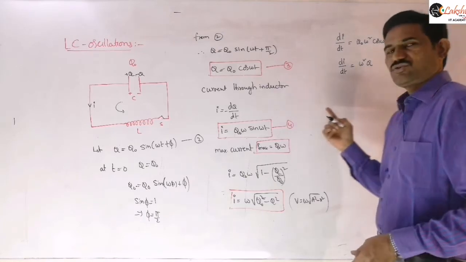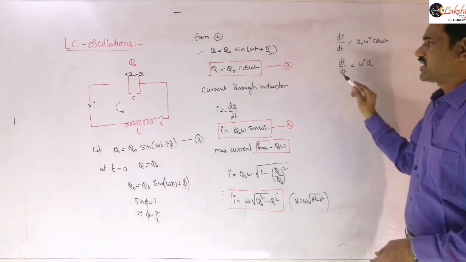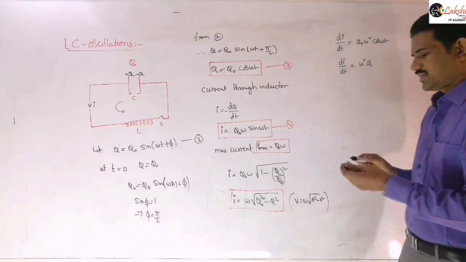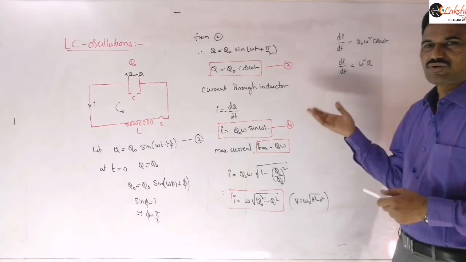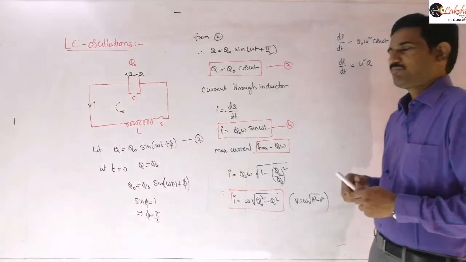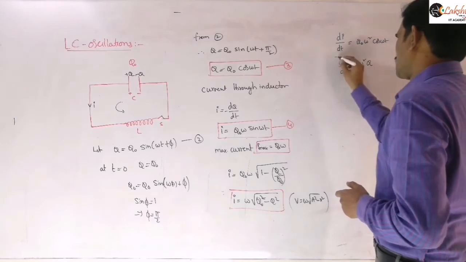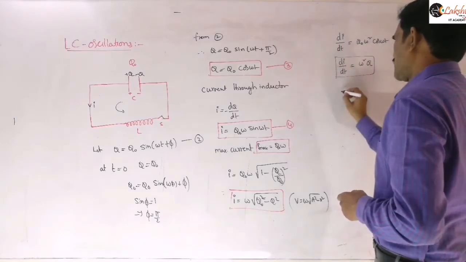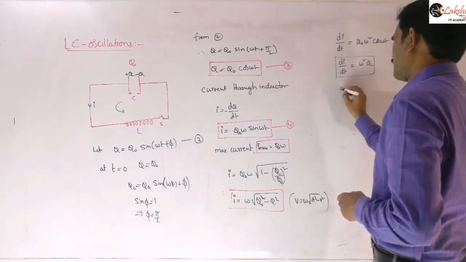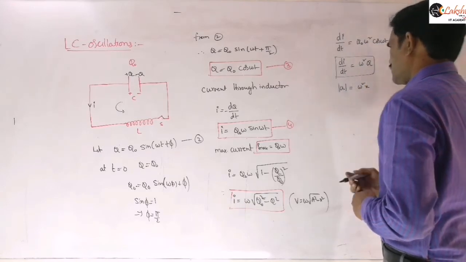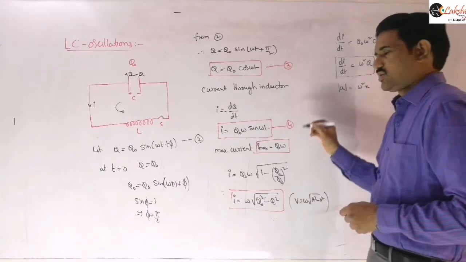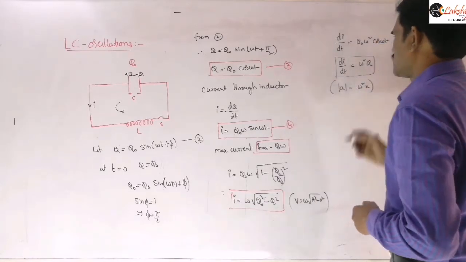Now this is similar to our acceleration in SHM. Here the differentiation of the current value you can take as negative. Then if you want to write our actual sign, you can compare this equation with this. This is our equation here. So you can compare it as the mod of a is equal to omega square x. So for this, the comparable equation is this one.